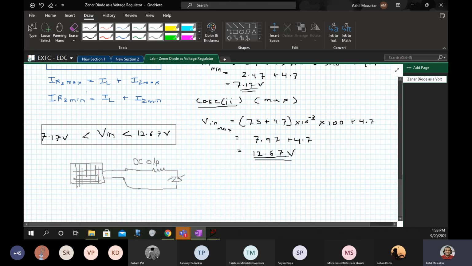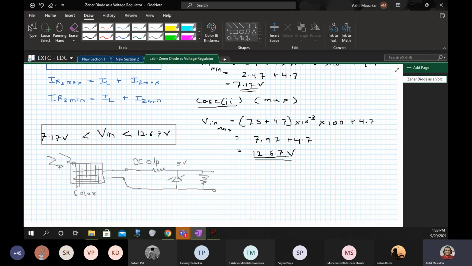Variation could be in this range, 7.17 to 12.67. So here you can connect a load which can be a fan or anything or a charger, and you can use a 5 volts Zener. So you will get a constant DC 5 volts even if the sunlight which falls on the solar panel changes. So this is basically an application of line regulation.